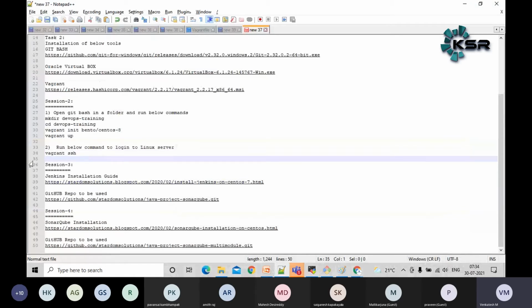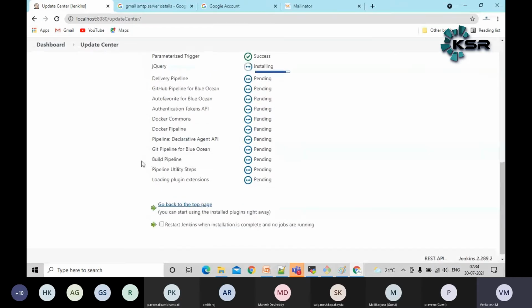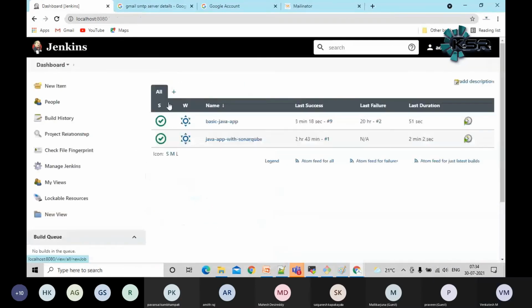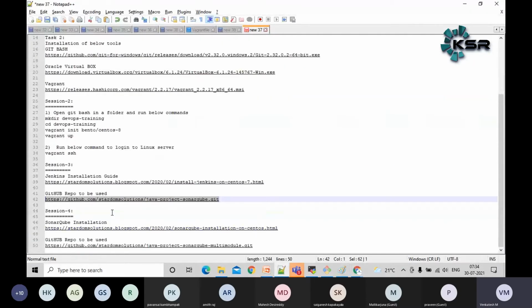Then in the third session, I shared a deployment guide, the Jenkins installation guide, which you need to install. To create a job, I also shared a sample dummy project. From the same project, I created this Jenkins job, guys. Then in session 4, which happened yesterday, I installed SonarQube in a live demo. Then I created a sample Jenkins job and integrated it with SonarQube, guys. Up to here, these are the four topics we have covered until now. If you don't understand, or want more information on any topic, let me know right now, guys.